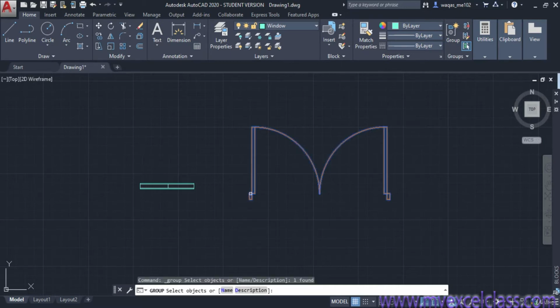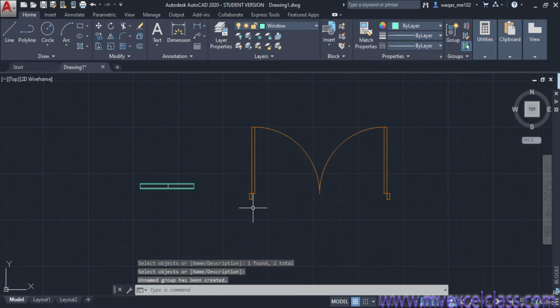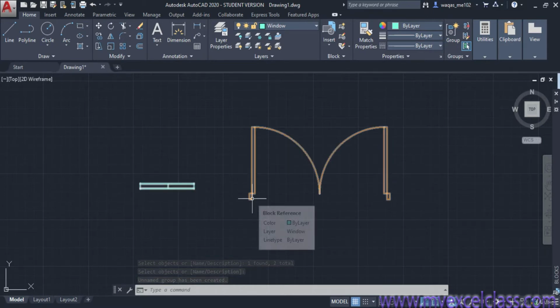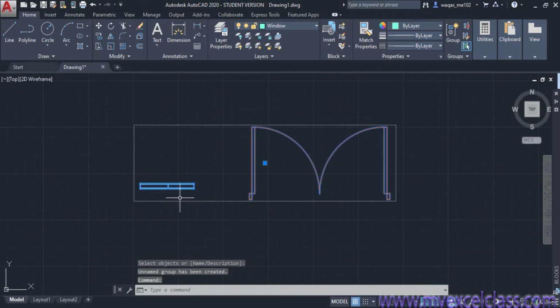Just like this one is our object and this one is our object, and press enter. Now these have been grouped. See, when I click here, both will be selected. So in this way you can group two or more than two of your blocks.